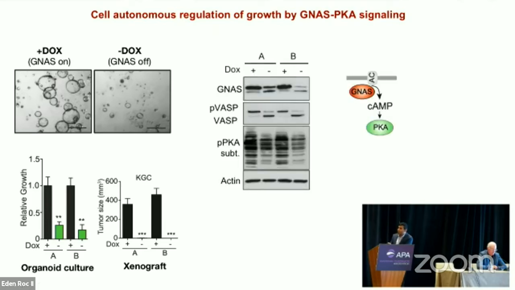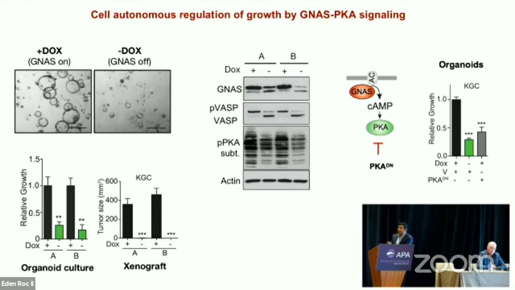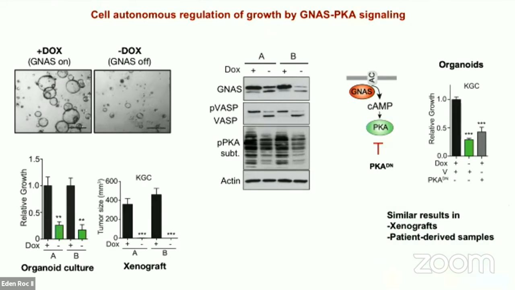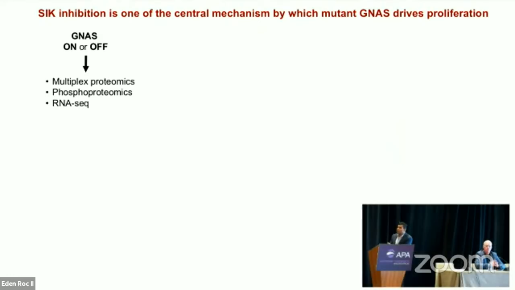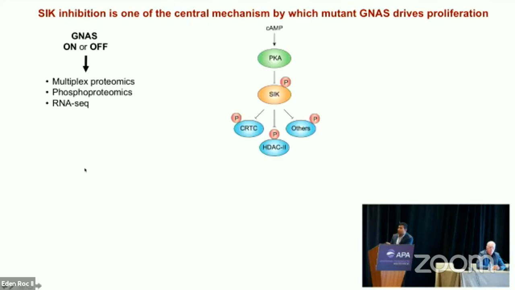Then we have shown that, in fact, mutant GNAS activates the canonical PKA signaling. And if you inhibit PKA by genetic means, you can dramatically reduce the proliferation of these GNAS mutant tumors. We went further and wanted to ask what is downstream of PKA or GNAS that drives GNAS mutant tumors. And for this, we did multiplex proteomics, phosphoproteomics, and RNA-seq. And as you can see, summarized in this cartoon, what we found is that mutant GNAS generates cyclic AMP,